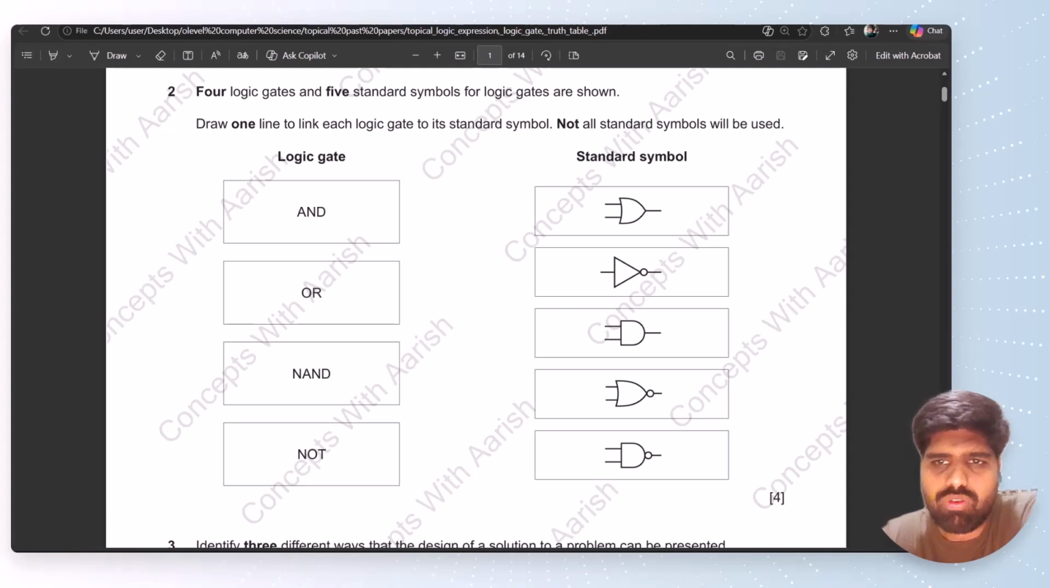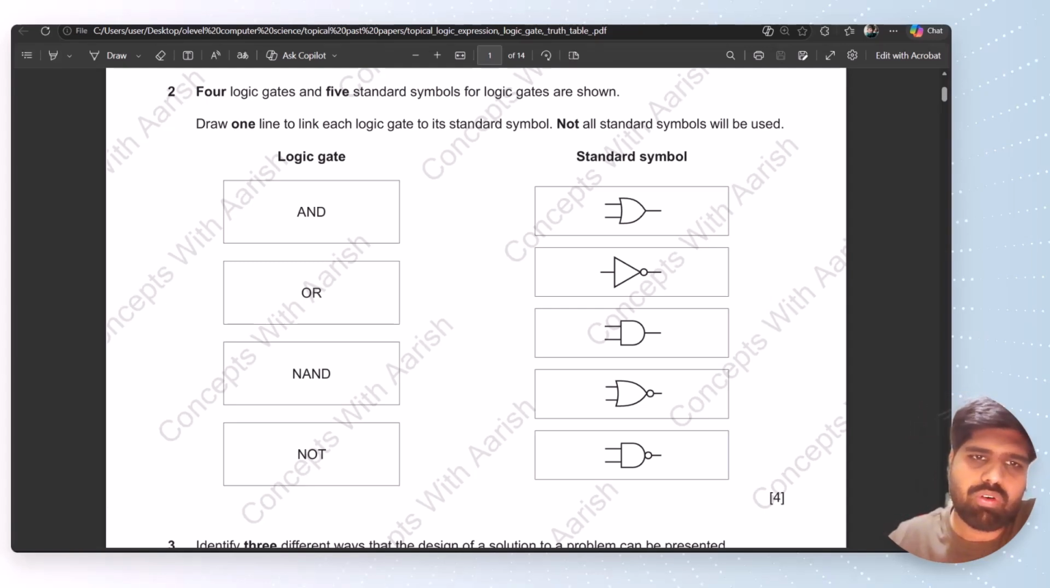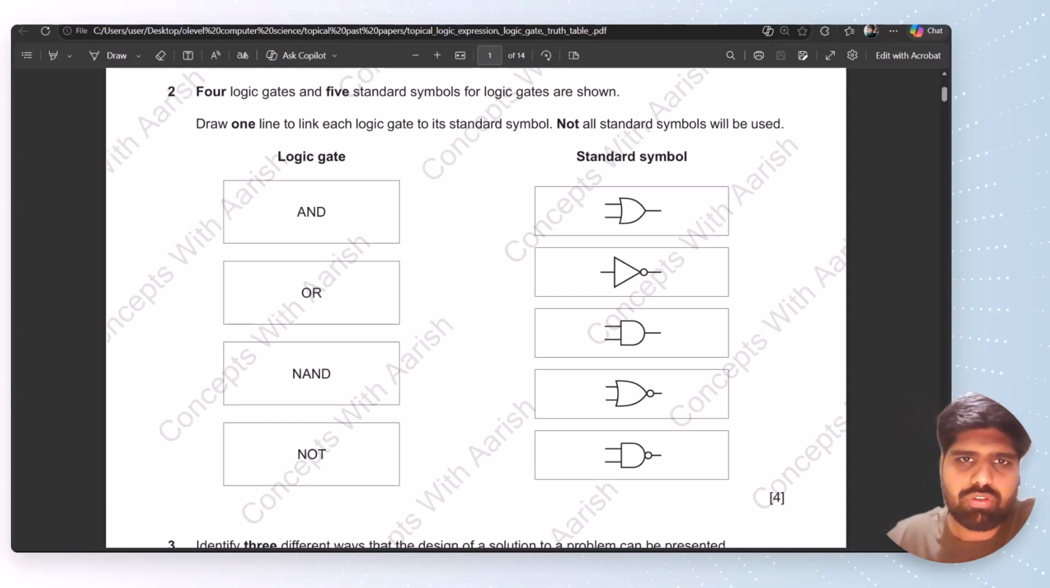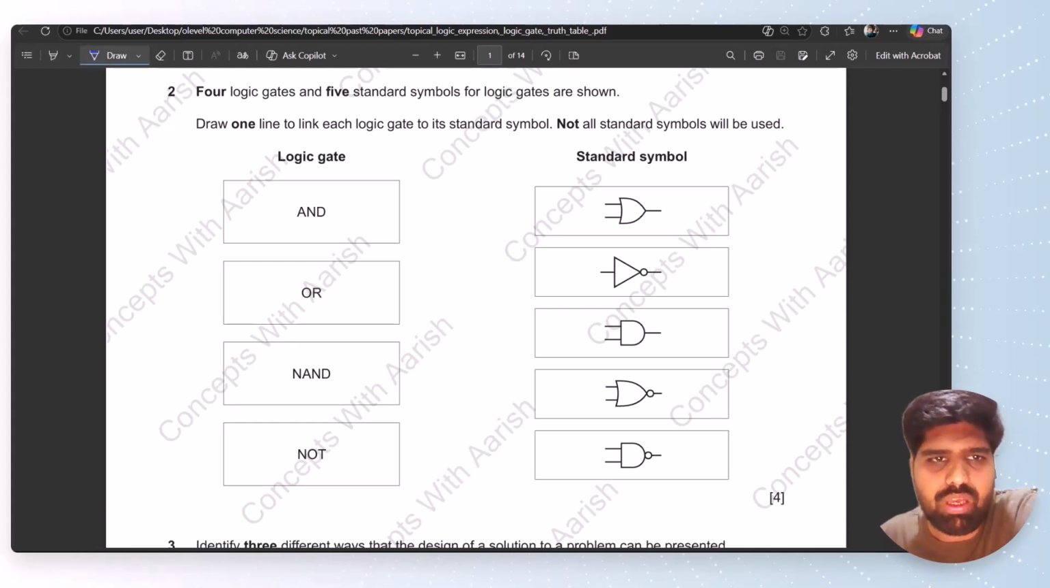Today we are going to solve topical past papers for the 10th chapter, Boolean Logic and Logic Expressions. There are a few questions that we are going to solve. Starting with the first question, it's pretty simple. They have given you some names of logic gates and they want you to match them